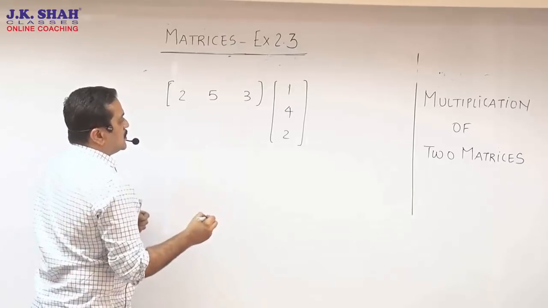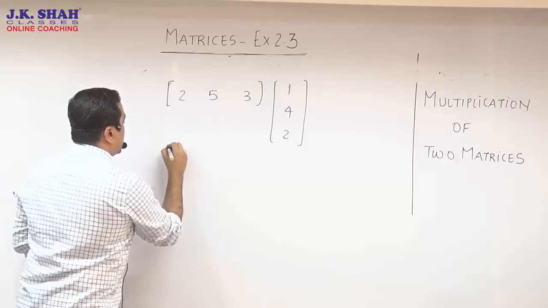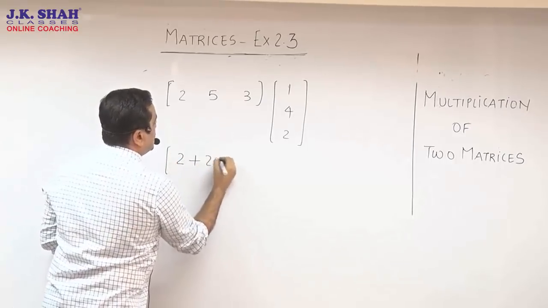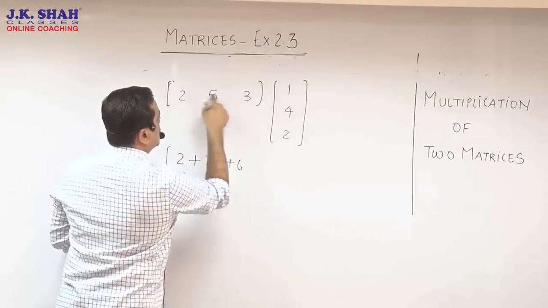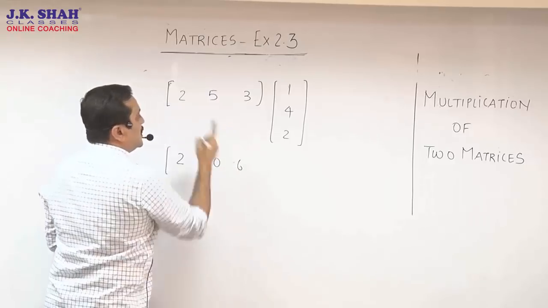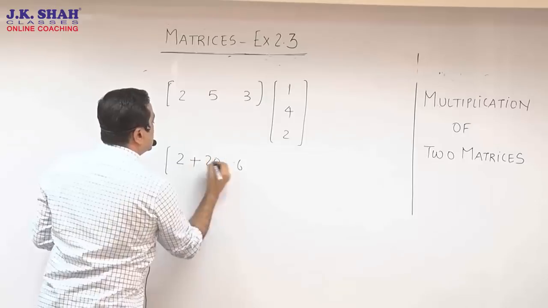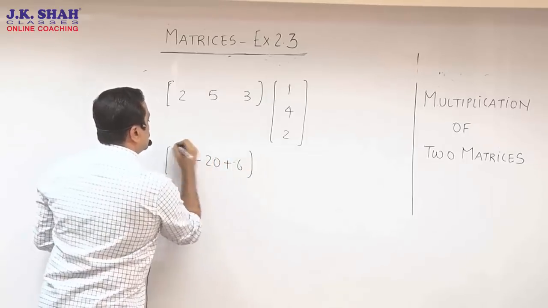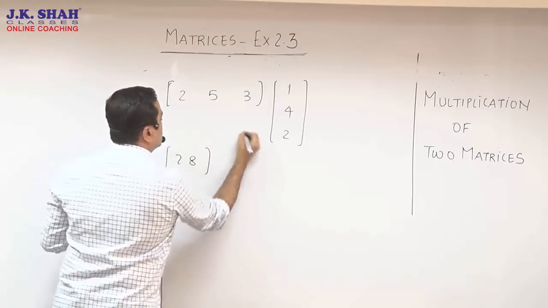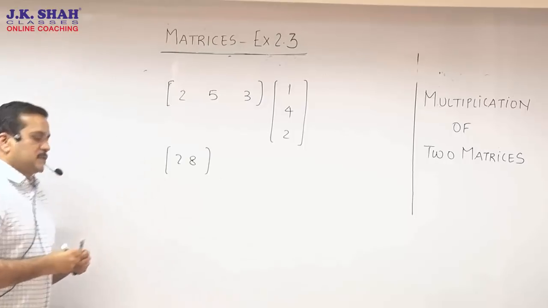Let's see one more time how to multiply a row matrix with a column matrix. I repeat, you need to multiply the corresponding elements and add it. So it's going to be 2 plus 20 plus 6. It's not 2, 26. You multiply the corresponding elements and keep adding that. So again the answer is going to be 28, a small matrix 1 by 1 with only one row, one column. So that's how we multiply a row matrix with a column matrix.